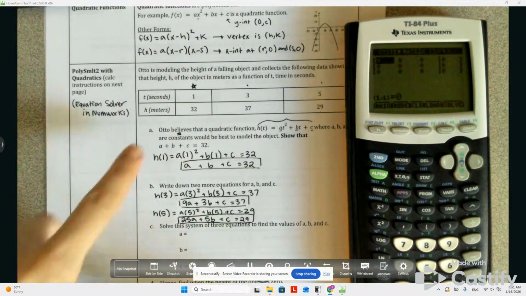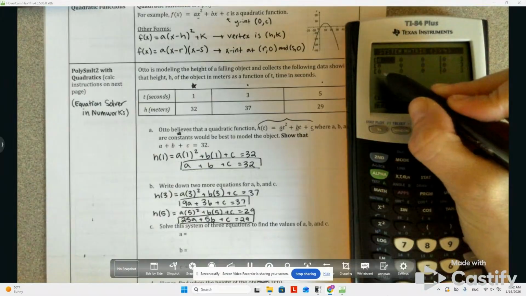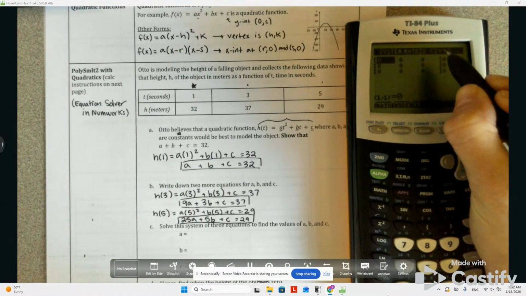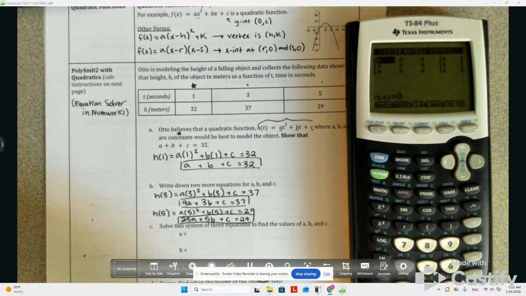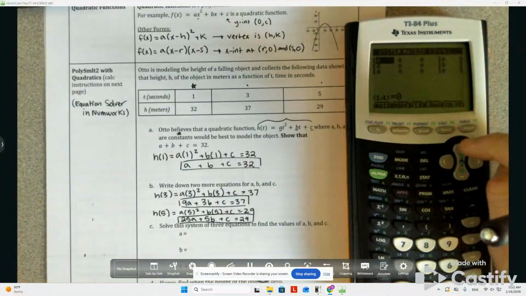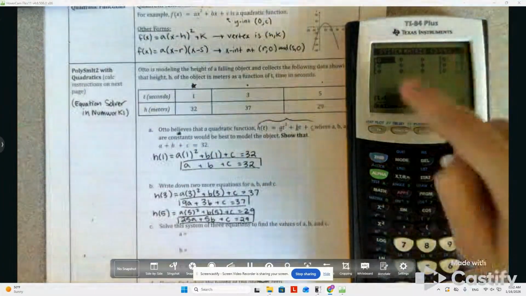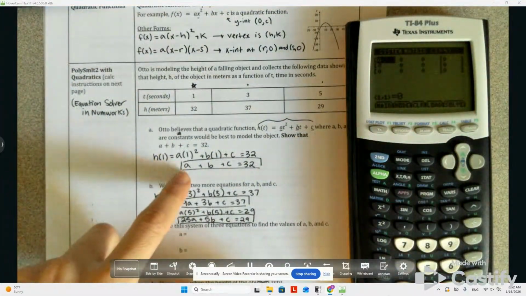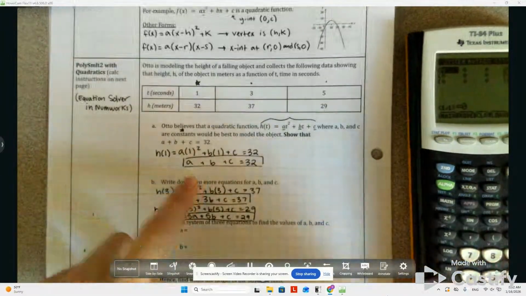I'm going to set up my 3 equations into something that looks like this. Basically what we have is a, b, c, and what it equals on the other side. Depending on your calculator, this might look a little different. I'll show what it looks like on a newer calculator in a moment. But for here, we're just going to rearrange what we have. So this will end up looking like